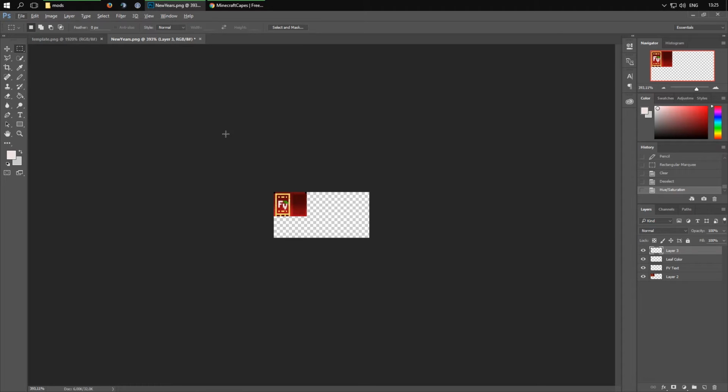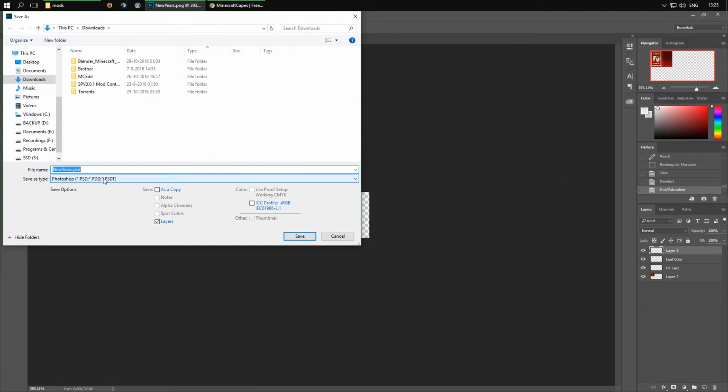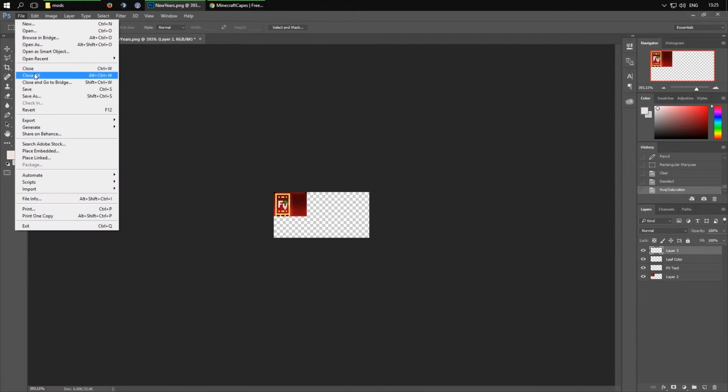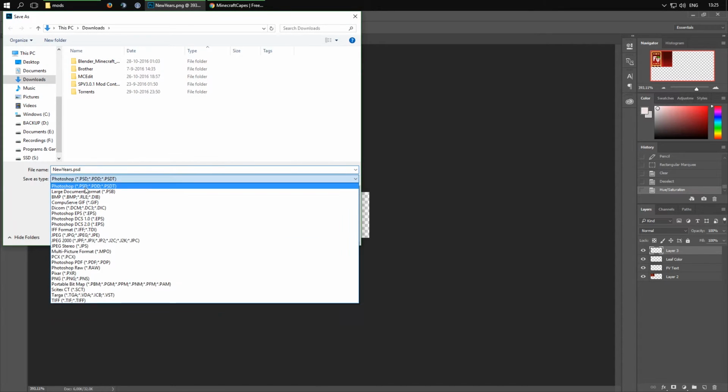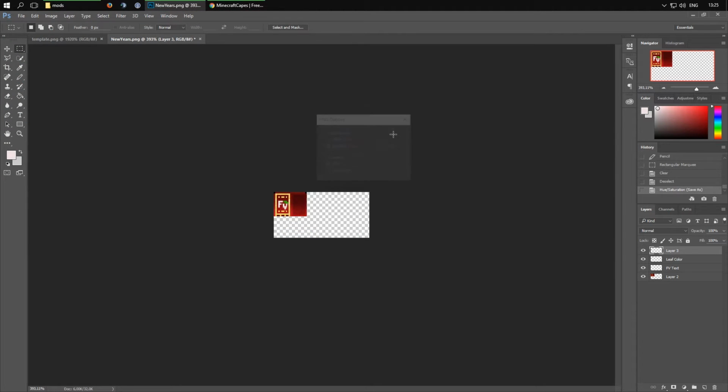So the next thing you will need to do is save it to PSD if you like, for later editing. And now we'll do save as, and we're gonna save it as a PNG and give it a proper name. So for us it is the Fortune Ventures tutorial cape. Save it, press OK, and now